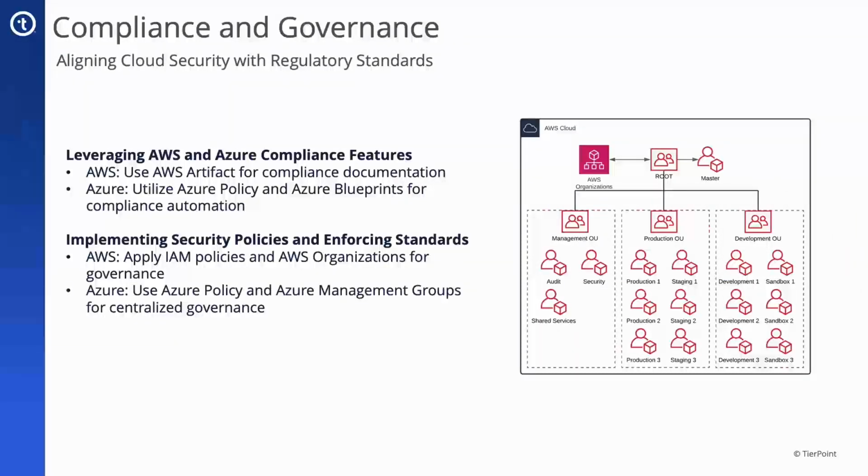Aligning public cloud security with regulatory standards involves several steps and best practices. Firstly, it's important to identify the regulations that apply to your organization, such as HIPAA or PCI. It's also important to conduct a gap analysis to assess your current security posture against the requirements of the regulatory standards to identify gaps. As we had mentioned in a previous slide, data classification, encryption, and access control also factor into your overall strategy for aligning public cloud security with a regulatory standard.